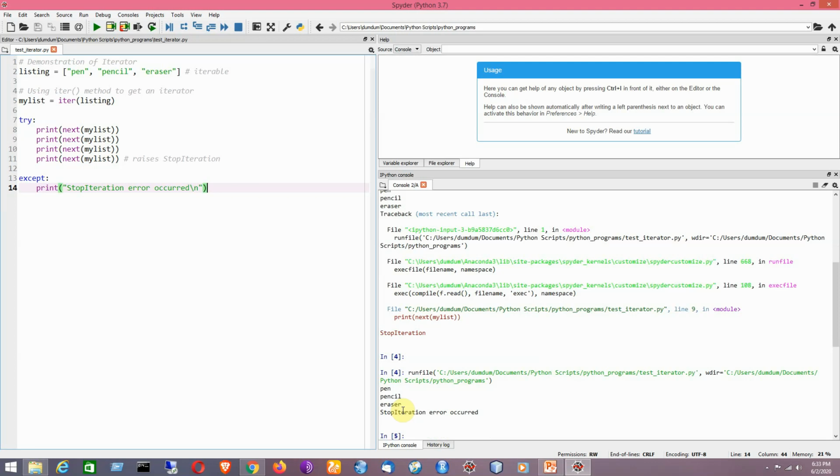Now even if there is an error, that is a runtime error being generated, because there are no more elements after the last one, still it will be able to handle the exception by using the combination of try and except. Now I would like to use another iterable object like a sample string.